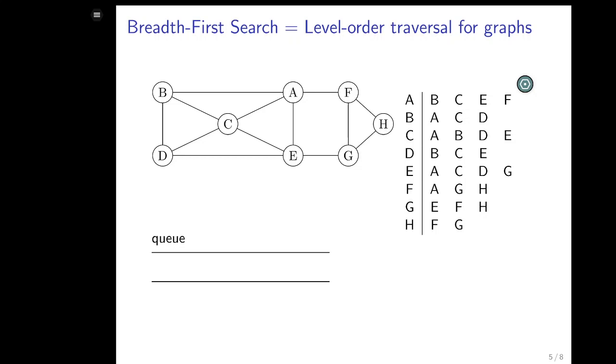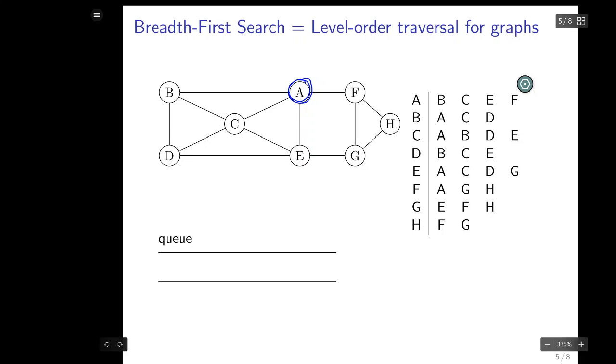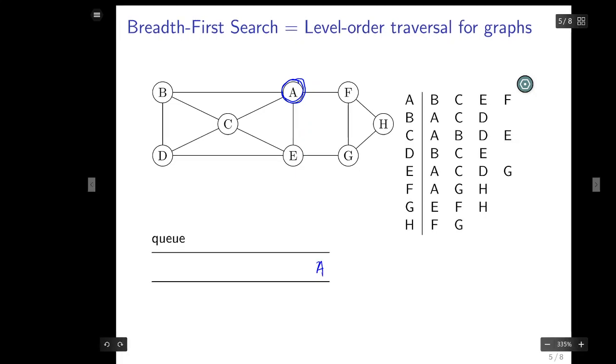Breadth first search uses a queue. If I wanted to visit the vertices of a graph in breadth first search order, I have to start someplace. So let's suppose that I start at vertex A. Breadth first search throws all of the vertices that I can get to along one edge from A into the queue. It actually started off with A in the queue. It dequeued it, and it said, what can I get to in one step from A? And it said, I can get to B, C,